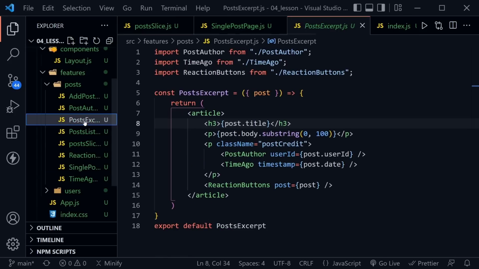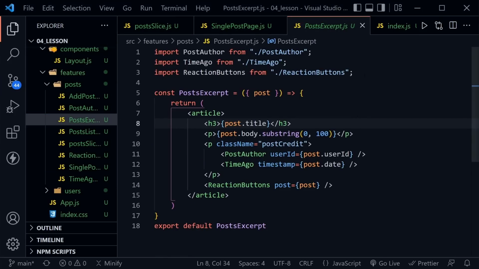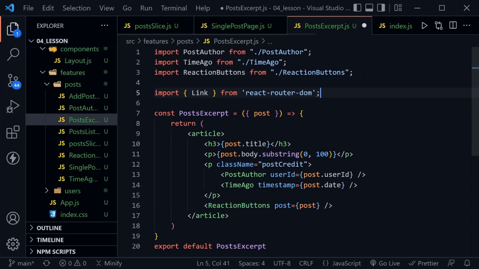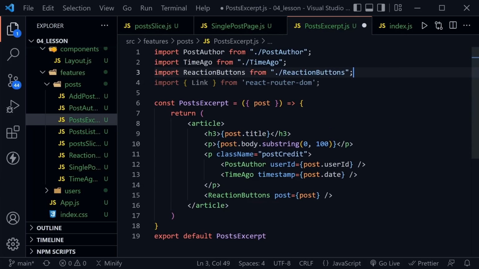Let's go to that post excerpt component that is much like our single post page. And here we need to add a new import from React Router. We're importing Link from React Router DOM. And then we're going to change this line where we have the post.body.substring. We're going to limit that substring just a little more to 75 characters, and we applied the class name